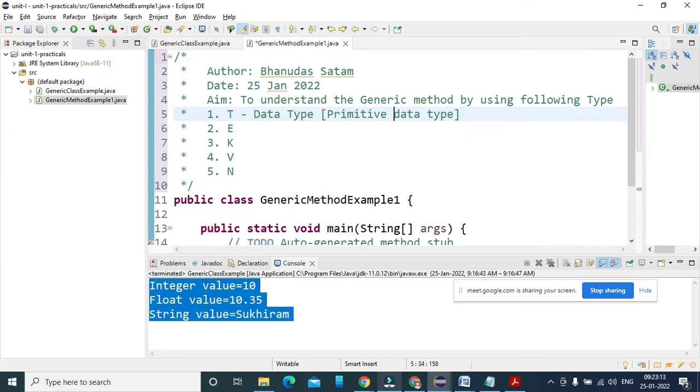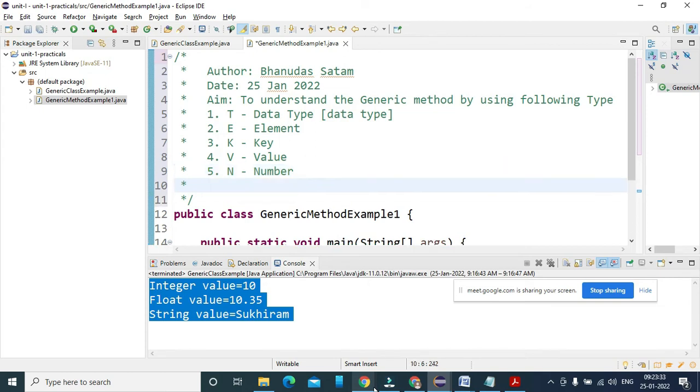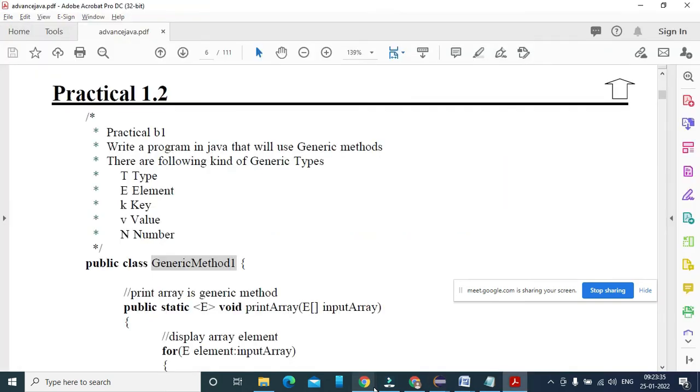I simply mention a data type instead of the primitive. Then E stands for element. So what kind of element am I going to talk about? K stands for key, V stands for value, and N stands for number. This is numeric kind of part here.